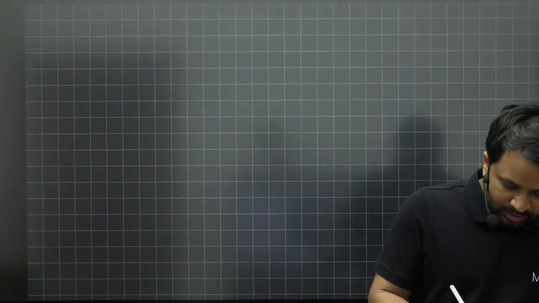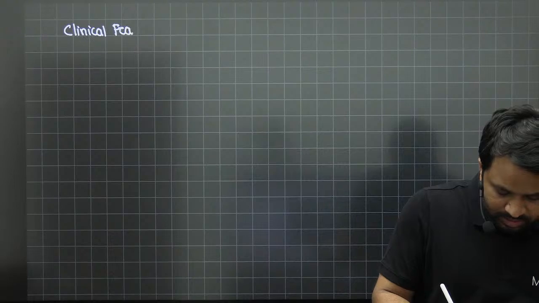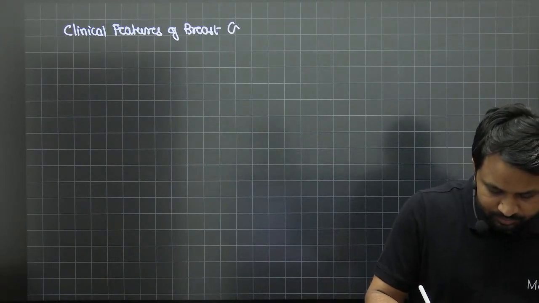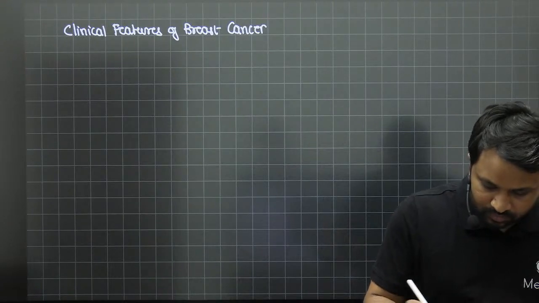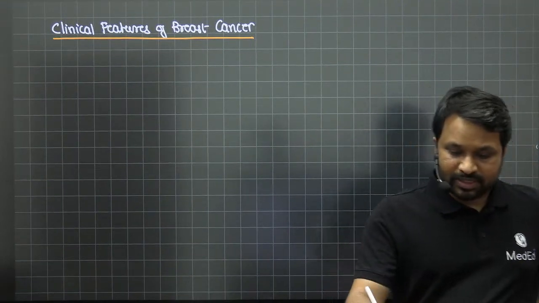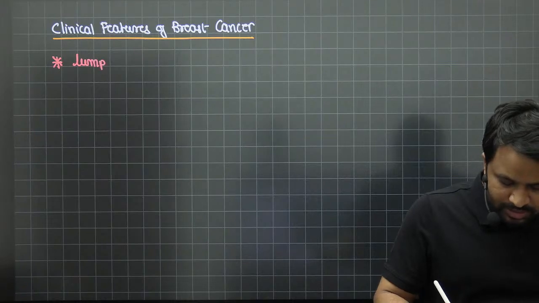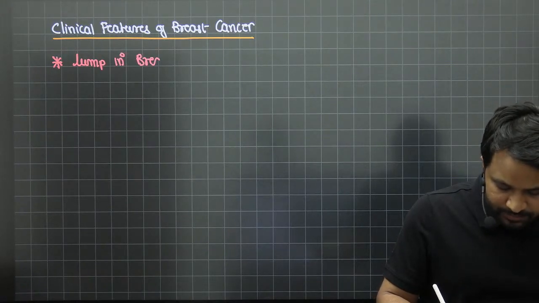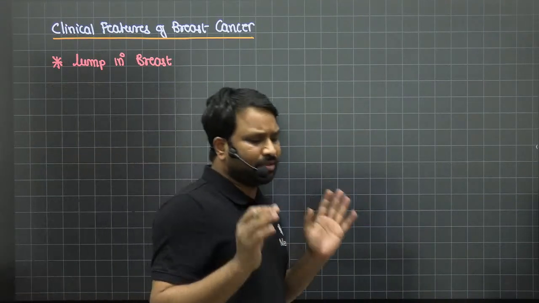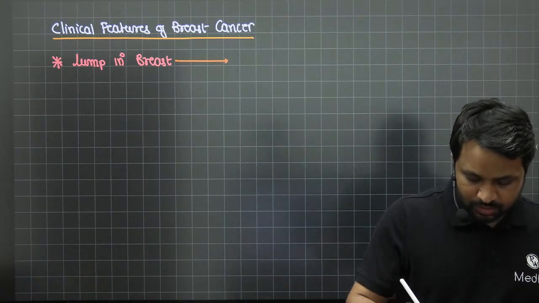So let's talk about the clinical features of breast cancer. Most of them are going to present to you with a simple presentation, that is a lump in the breast, right? So the chief complaint, or the primary complaint, would be a simple lump in the breast, right? Now when you ask more questions about it, the patient will tell you, number one, it is going to be